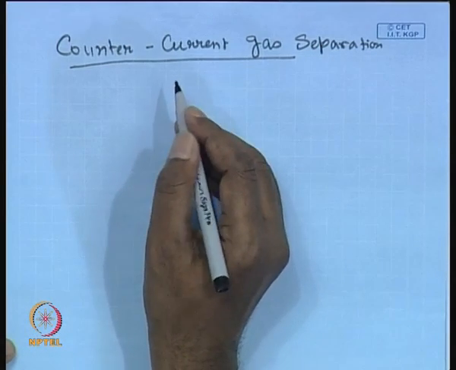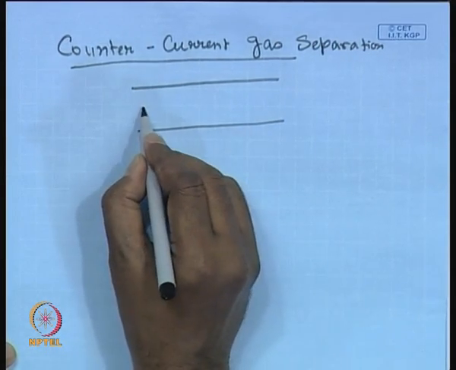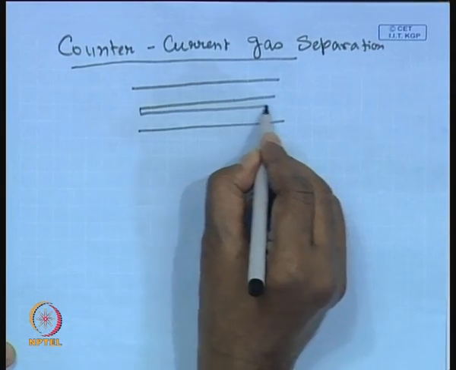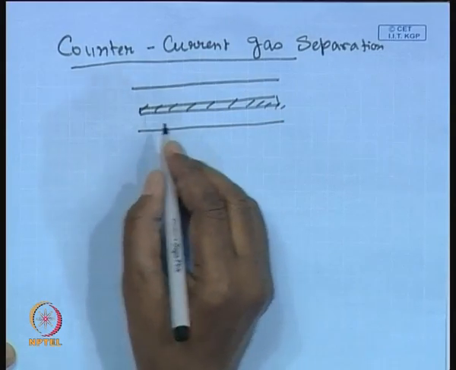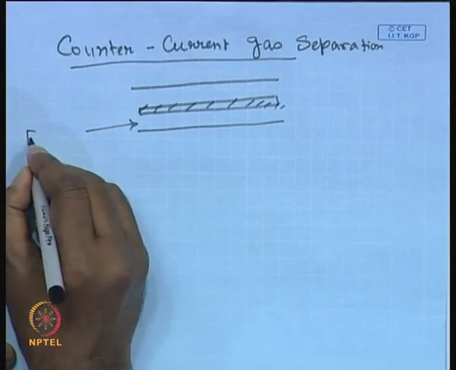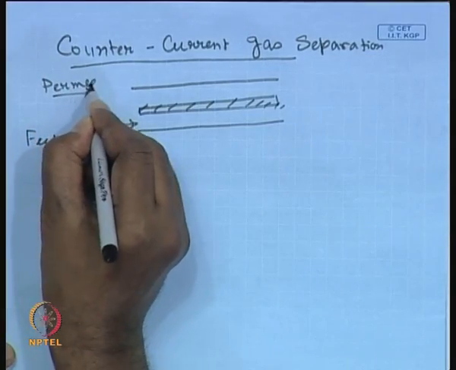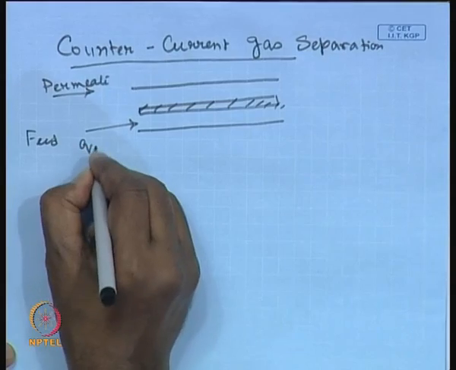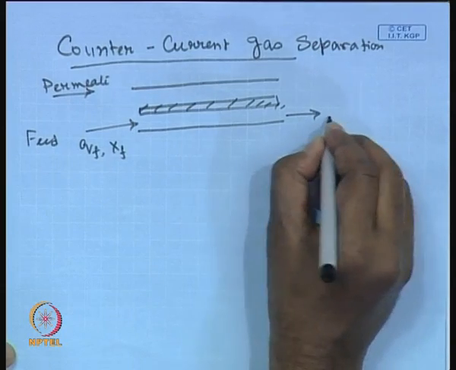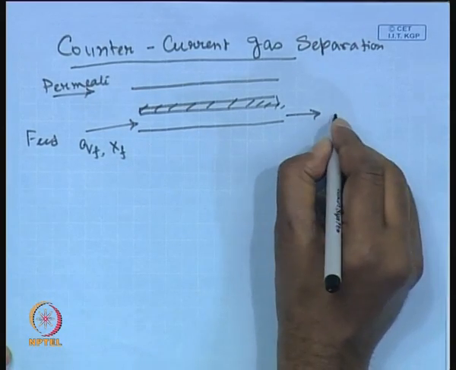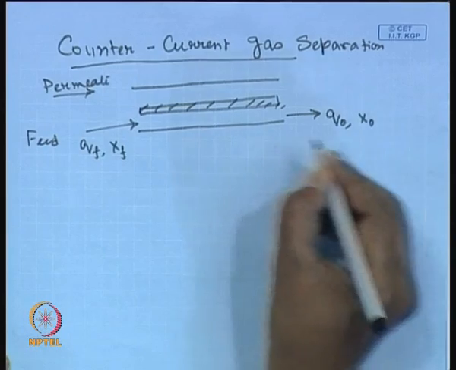In this counter current gas separation, we will be having the two chambers separated by the membrane. This is the feed side, this is the permeate side. Okay. QF is the feed flow rate, XF is the feed concentration, and this is the mole fraction of the species A. Q naught is the flow rate of the reject stream, X naught is the composition of the reject